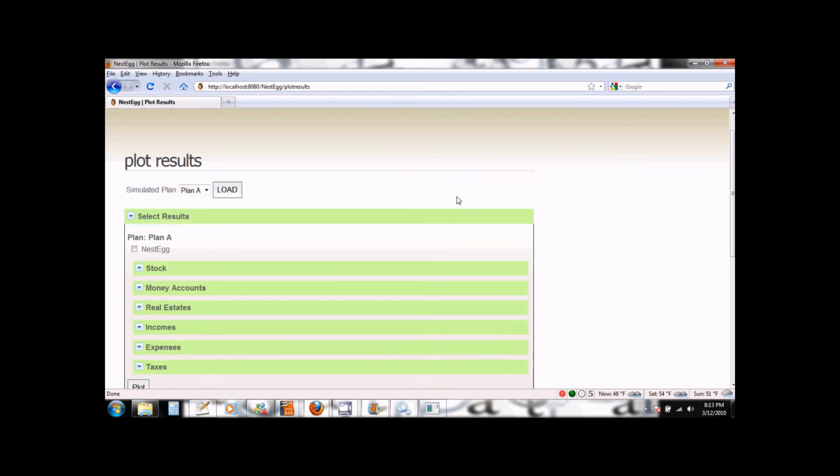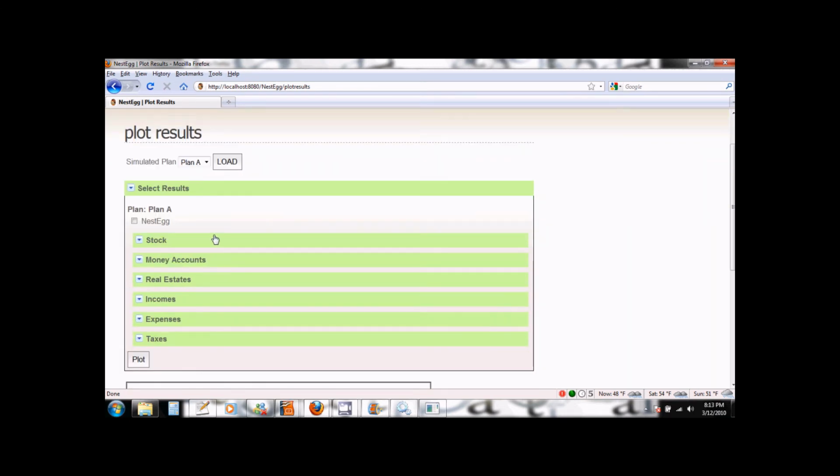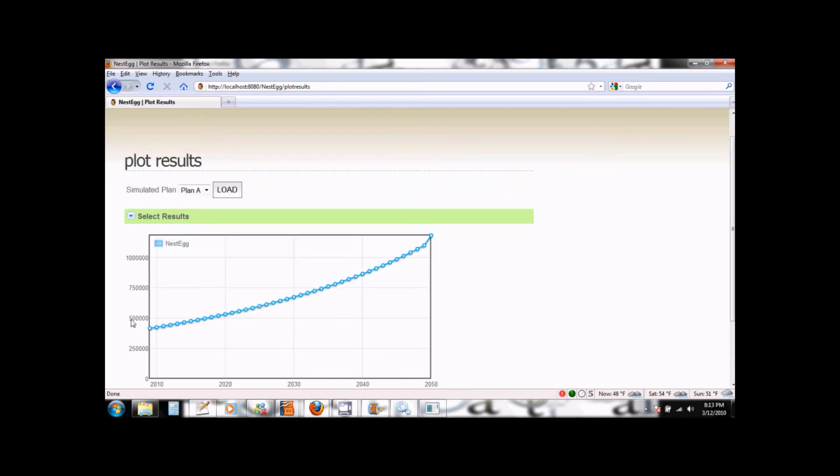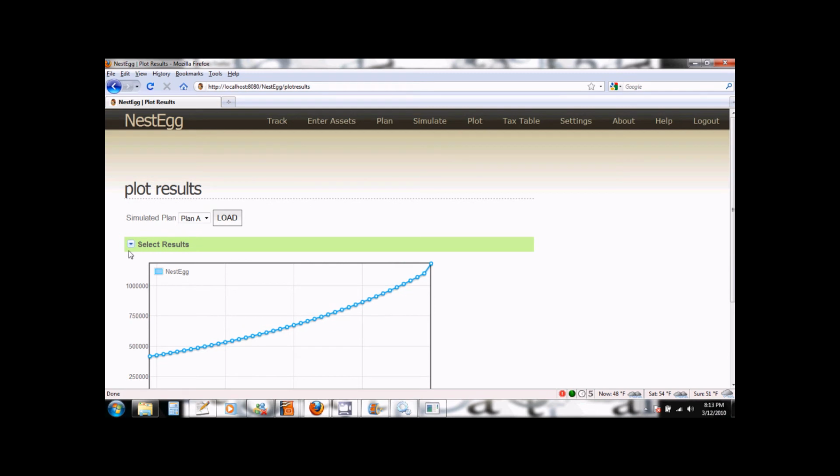I can select what it is that I want to plot. The first thing I'm interested in is how my nest egg is doing in this plan. So I select nest egg, I click on plot, and I see that my nest egg is increasing in this plan. So it looks like I'm not using too much money out of my nest egg, which is a good thing.